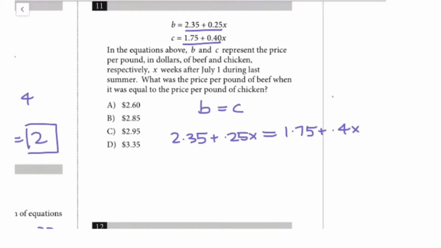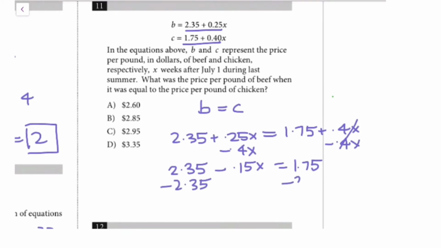I prefer my variables to be on the left, so I'm going to subtract 0.4x, subtract 0.4x, and I get 2.35 minus 0.15x equals 1.75. Subtract 2.35 from both sides, and I get negative 0.15x